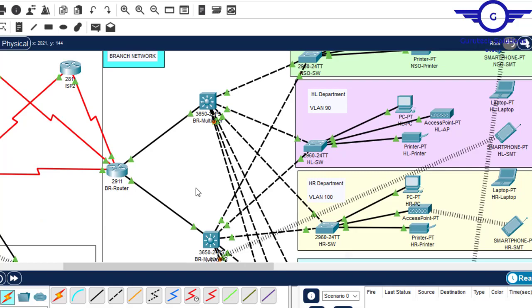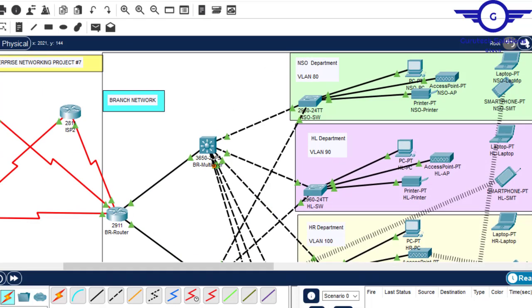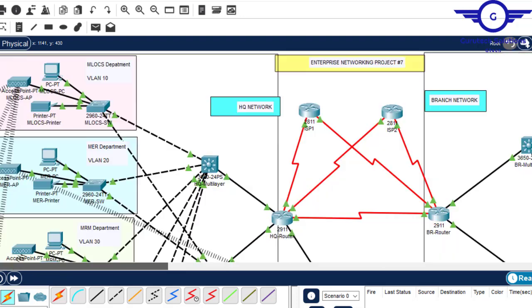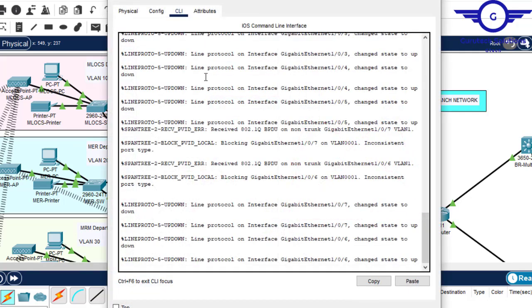So for example, this switch here is connected to how many VLANs? 6 VLANs: VLAN 80, 90, 100, 110, 120 and 130. So we'll create those VLANs here and assign these ports roles of trunk. So I'll start from this side. Alright, so on this switch here,